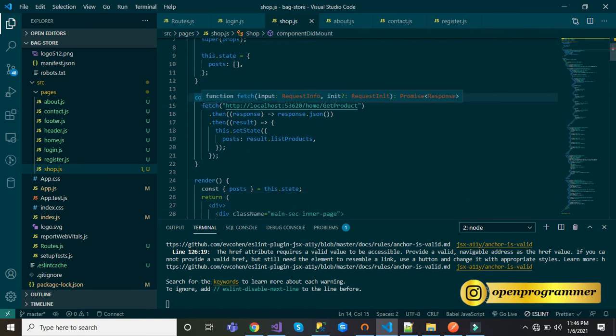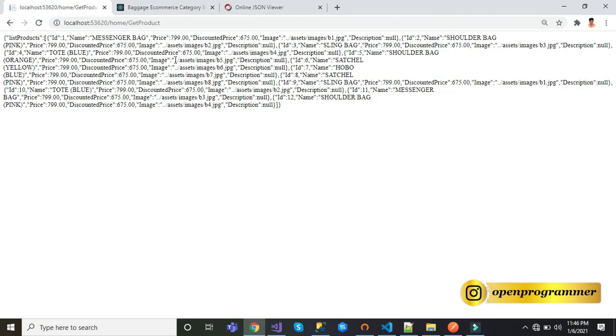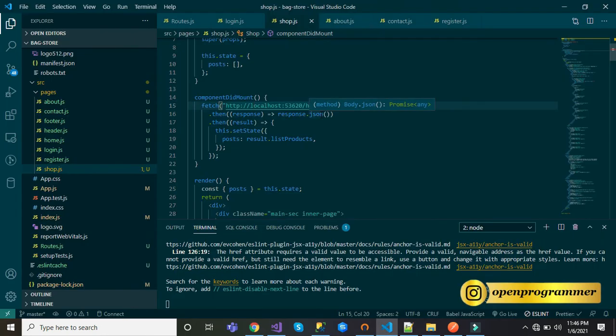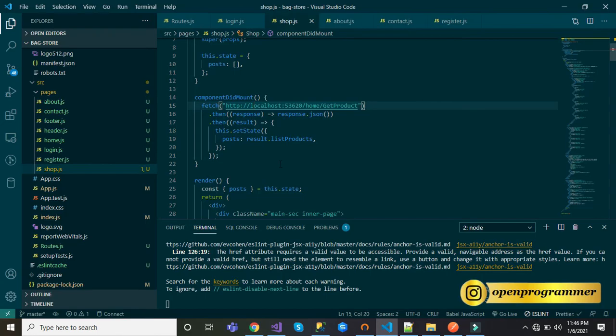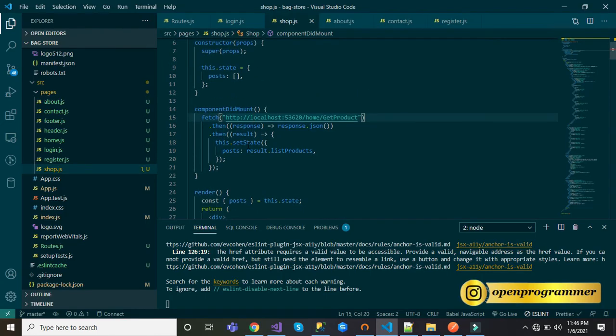We have created a fetch call and given our API URL. This returns a list of objects, and after getting the successful data from this API, we reset our post through the setState method.